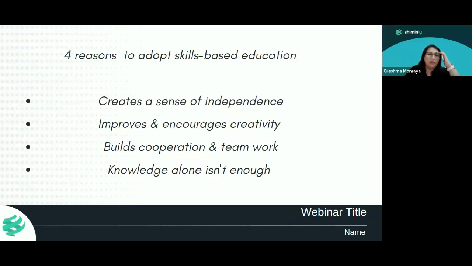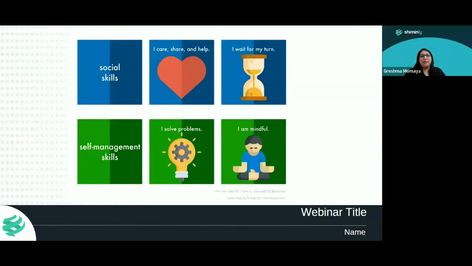But when I always talk about skill-based education, the next question that always comes up is, which skills should we introduce in classrooms? What are the skills that need to be introduced to children? So let's look at some of the social skills. The first one is social skills, which helps children feel that I care, I share, I help, I wait